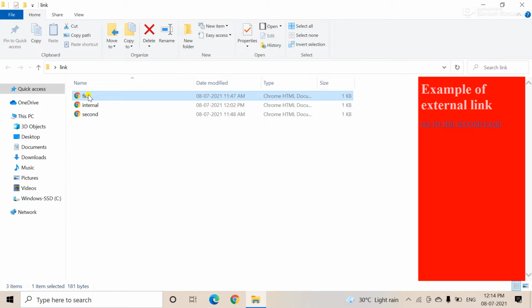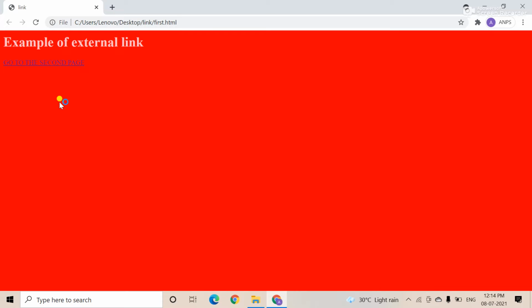So let's start from the external link. You double click and open. You see here I have written the example of external link. All of you know, I already explained, external link means when a web page is interconnected from one page to any other pages.